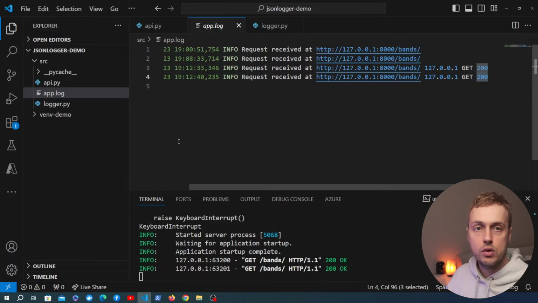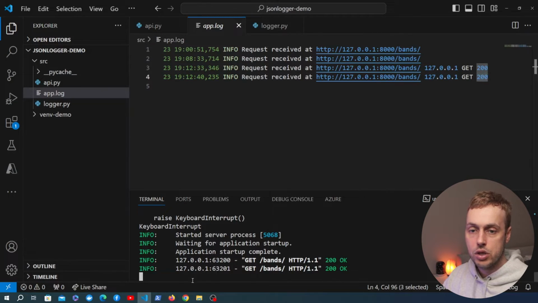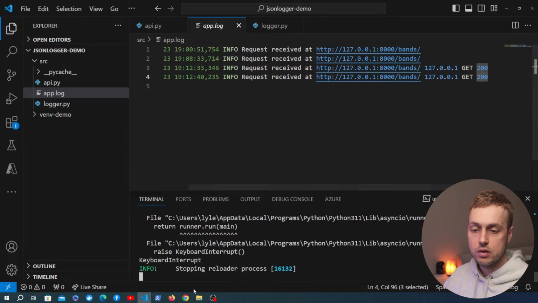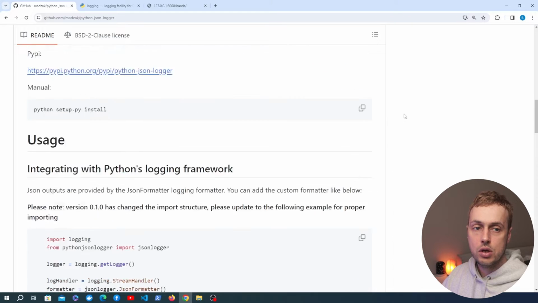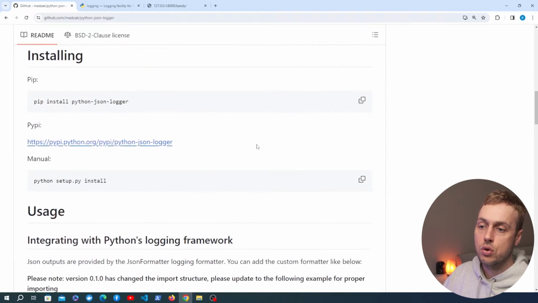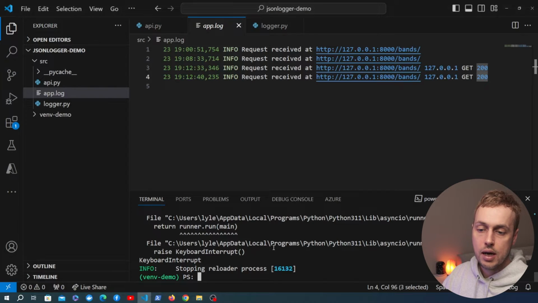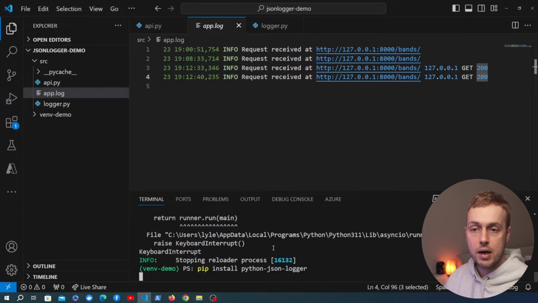Now the goal of this video is to take this text format that we have here and output this as JSON data in keys and values. And that's where we're going to use that python-json-logger package. So let's stop the server that we're running here and go back to the GitHub page for that package. And we're going to scroll up and get the pip install command. And here it is here. We're going to copy that and go back to the terminal and run that here to install that in the Python virtual